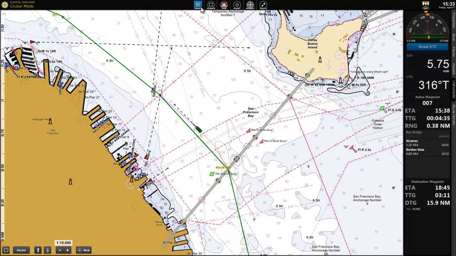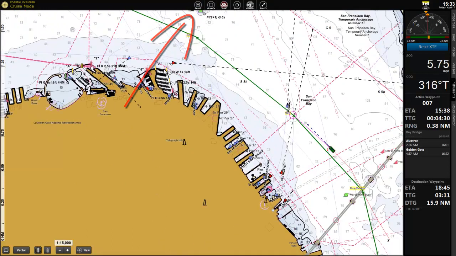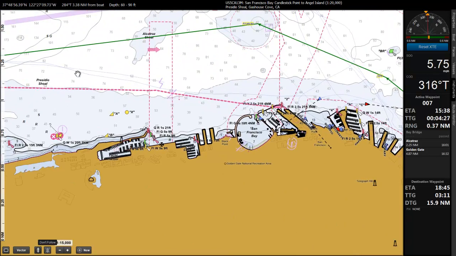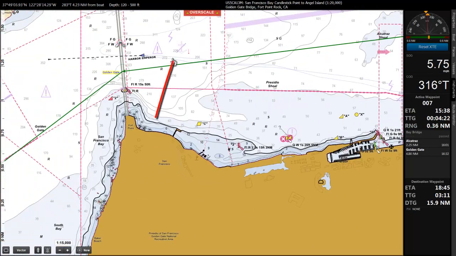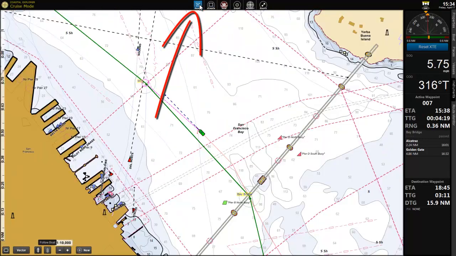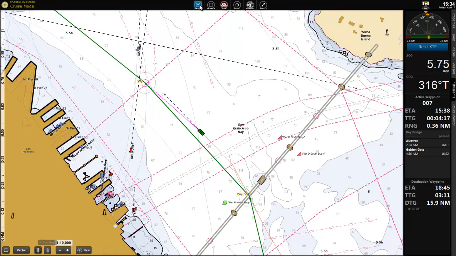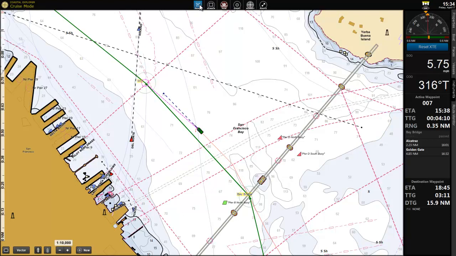The first button is the reset button. The reset button is a sort of oh darn button. Perhaps I've panned the chart away because I'm looking at the bridge. I want to see what's going on over there. And all of a sudden I need to get the boat back on the screen again. Quickly, if I go up and I click the reset button, it restores a preset configuration of center boat, north up, 1 to 10,000 scale, and a single screen